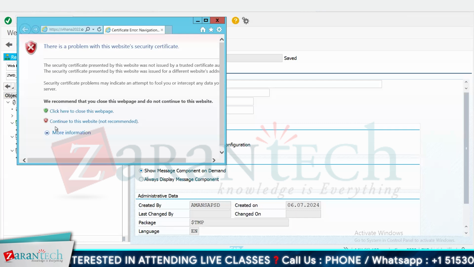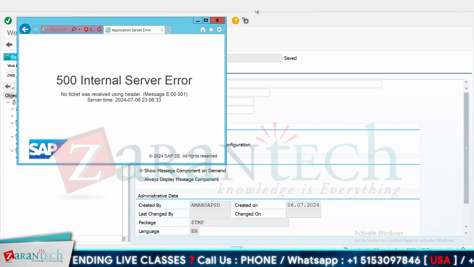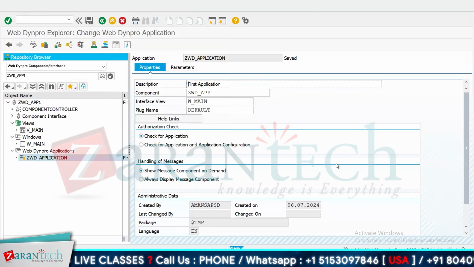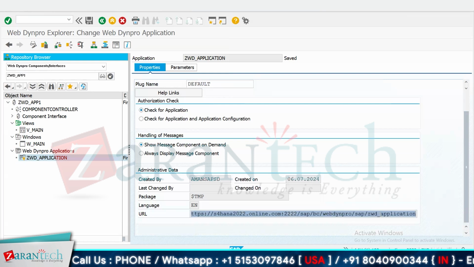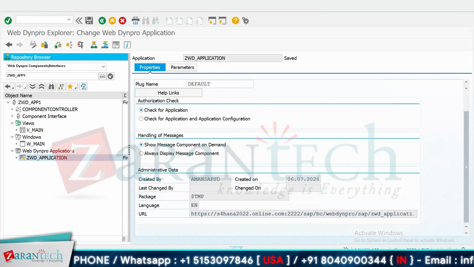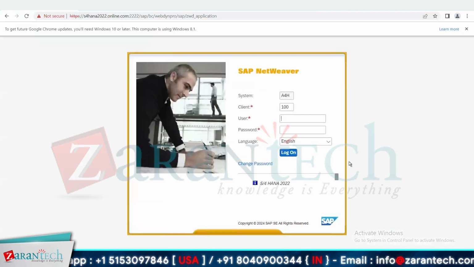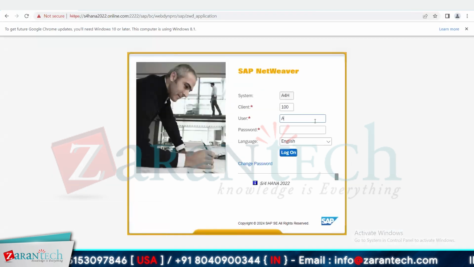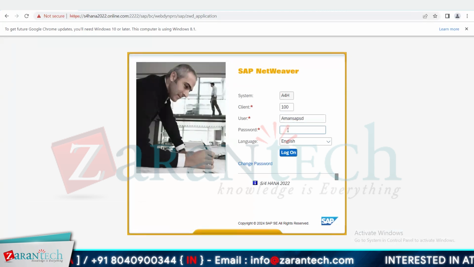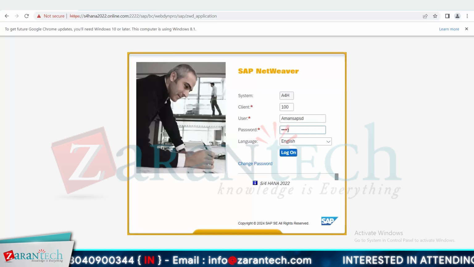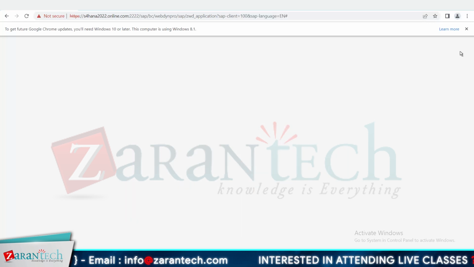It will go to our browser and open. By default, my internal browser is not working. So what you can do is go down, copy this link from here, go to any browser which you are using, and paste that link in your browser. You have to log in again because you are using it outside the browser provided by WebDynPro. And as soon as I log in, yeah,